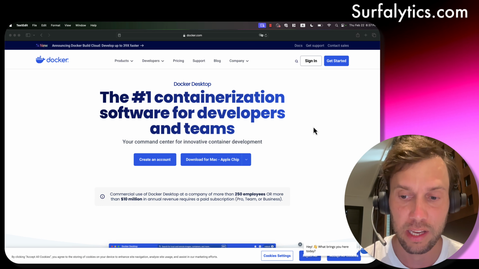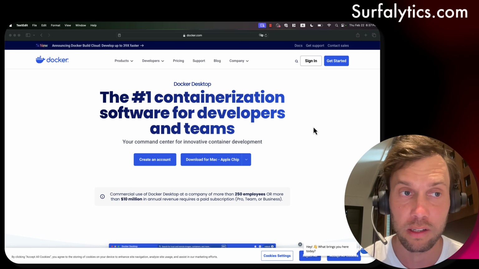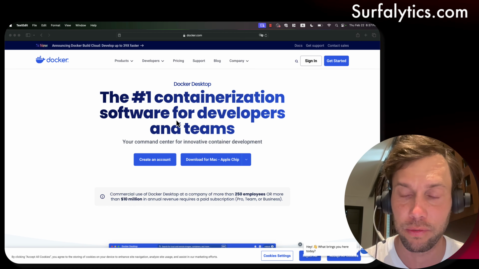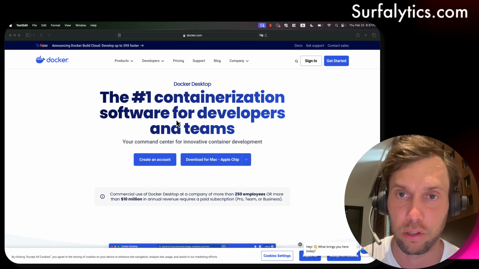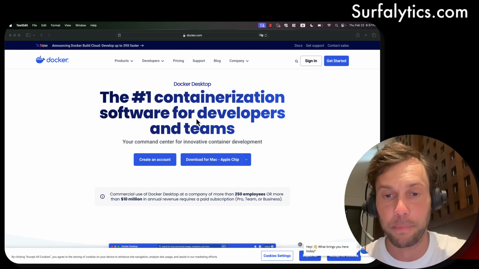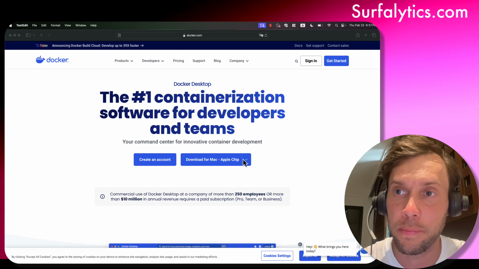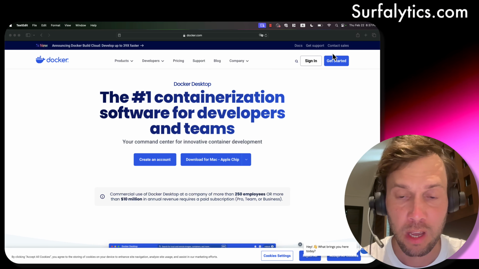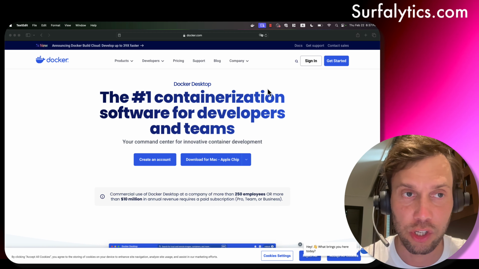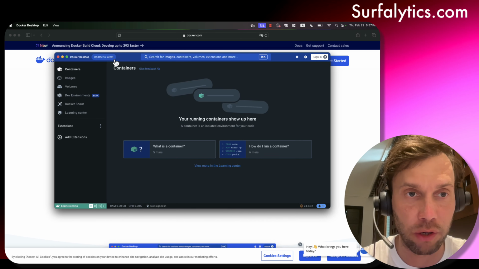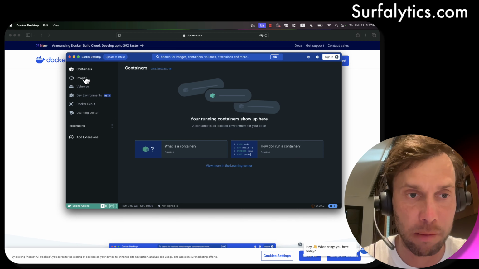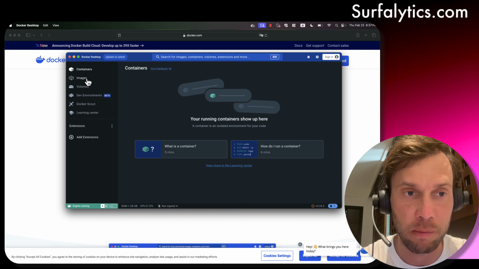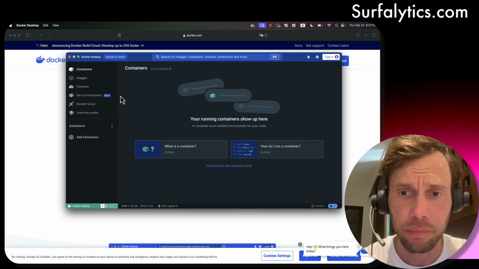So for this lesson, you may need to download the Docker client app to run Docker locally. I already downloaded this, and I can launch the app. This app shows me everything related to Docker. We have containers, images, and we'll talk about what a container is, what images are, what the registry is,